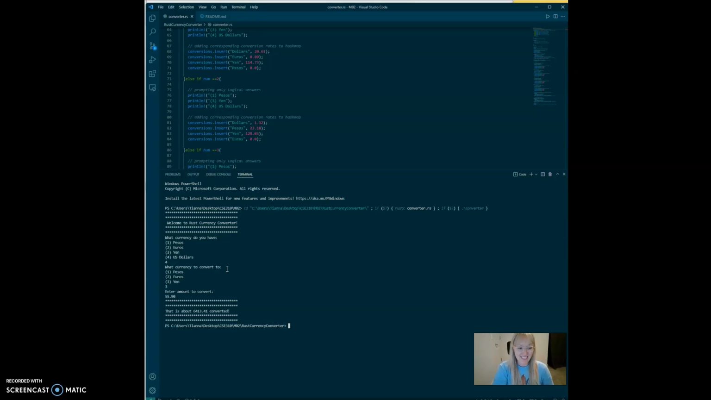So it says that that is about 6,413. Holy cow, that's a lot. Well, not dollars, yen, but it converts to so much higher. I think it's always interesting to see what they have. So if we run this again,